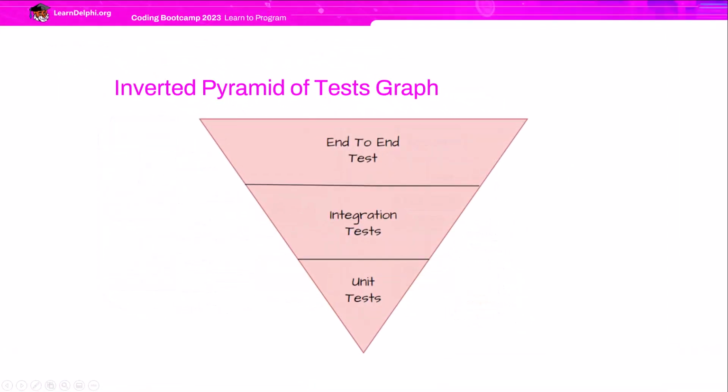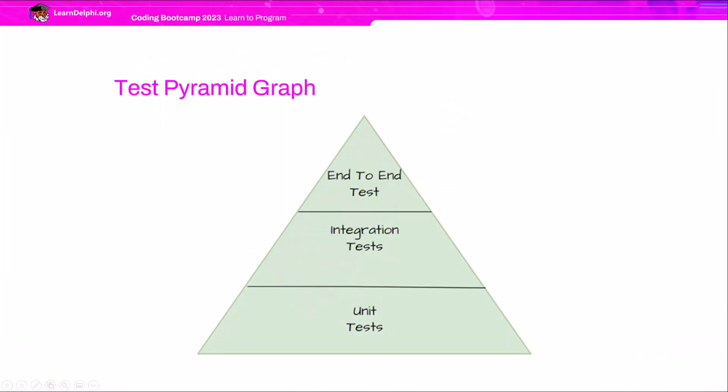This pyramid is intentionally inverted to reinforce that investing more in end-to-end tests, integration tests, and less in unit tests is a big mistake, because besides being cheaper to write unit tests, it helps to find errors in the initial stage of development, which facilitates delivery through agile methodology. The ideal test pyramid is the one that invests more in unit tests, which are faster and cheaper to create, and less in integration and end-to-end tests.